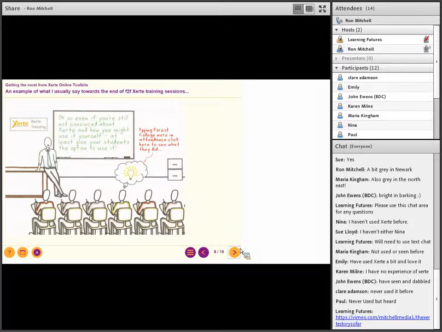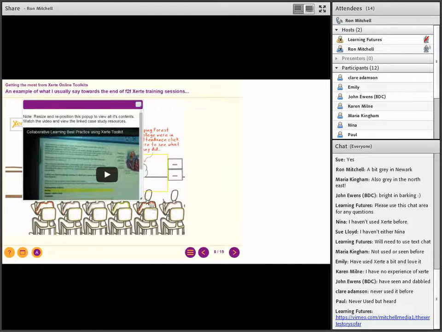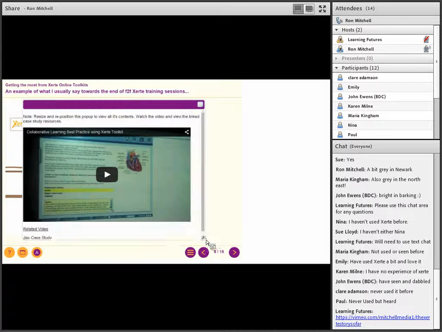Usually during face-to-face training sessions, I've done a lot over the years, from the very early versions of Xerte to more recent fully fledged HTML5 output and all that kind of thing. I remember an RSC London event, and Epping Forest were in attendance. And again, you'll be able to explore this in your own time, but there's a great couple of videos and a case study from Epping Forest.